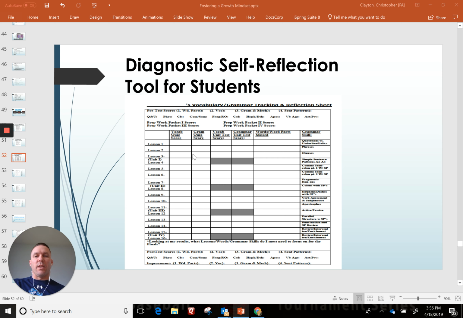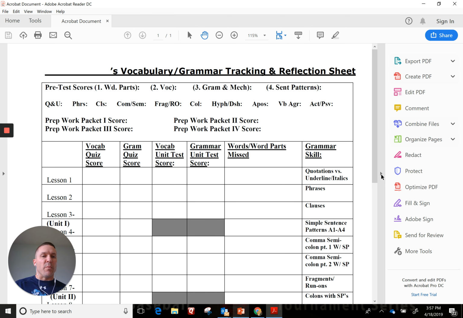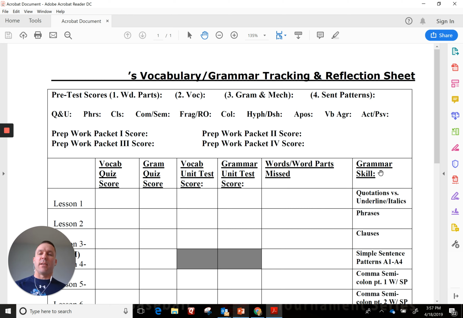And so once you've looked at the pre to formative to summative assessment process, and then we thought about how we chunk those assessments by skill, strand, standard, or topic, now, what is the experience for students? Well, ideally, they will get a diagnostic, what we call a self-reflection or diagnostic tool, that's going to help them go through this process and be aware metacognitively of their individual strengths and